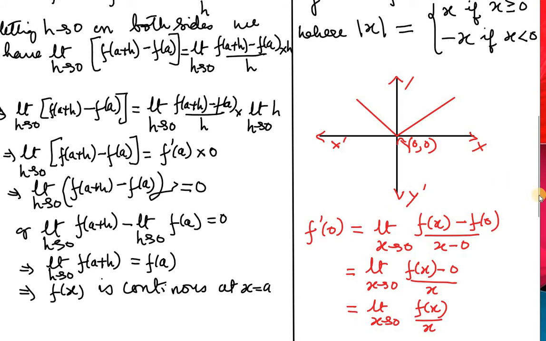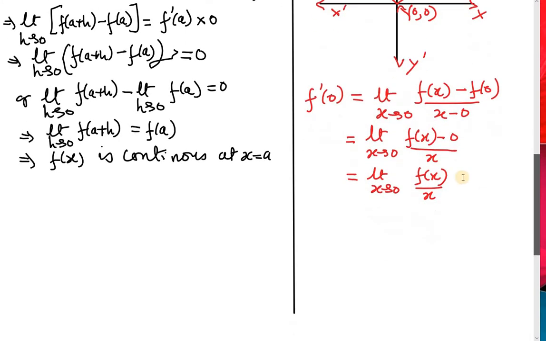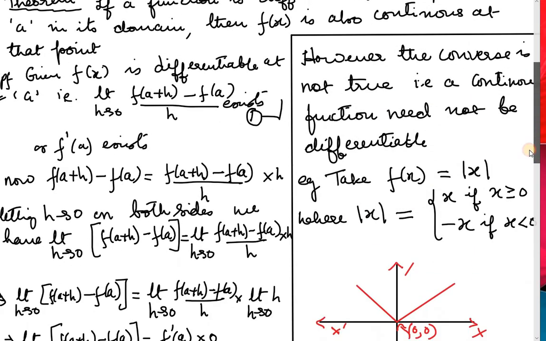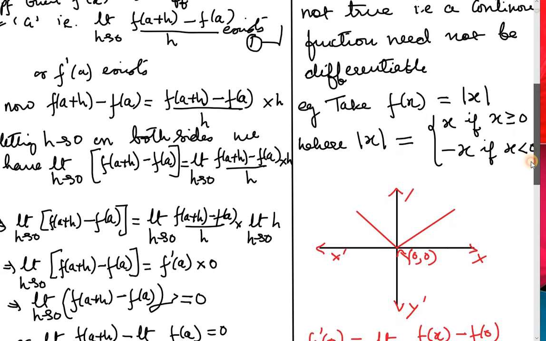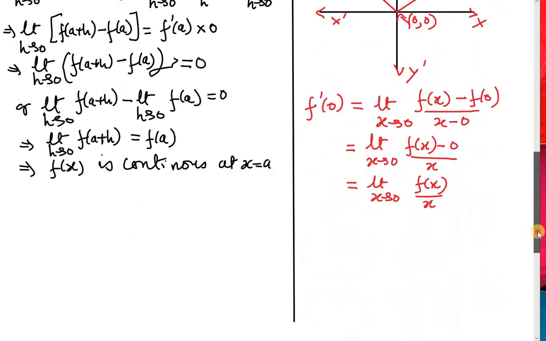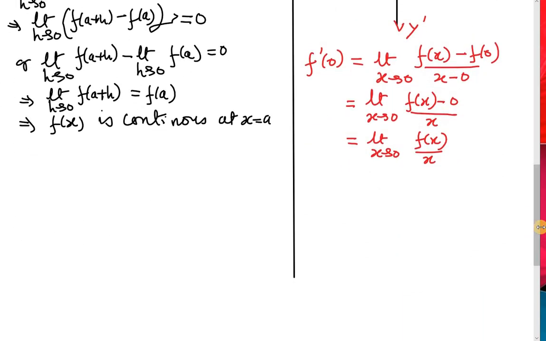Now in this case, two cases arise. The first one is because f(x) is defined as mod x, where mod x is equal to x if x is greater or equal to 0, and minus x if x is less than 0. Then let us see what will be this one. Let us check whether the limit of this exists or not. This is equal to limit x tends to 0 of mod x by x. Now, to show that this f prime of 0 does not exist, let us find out what is